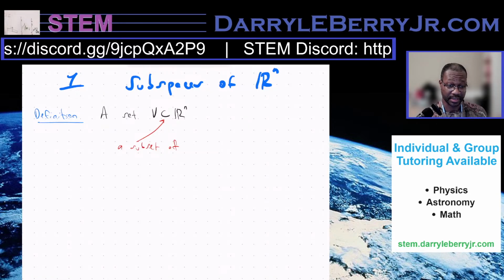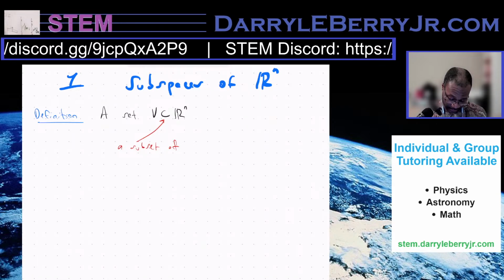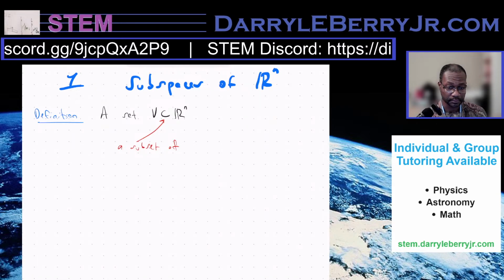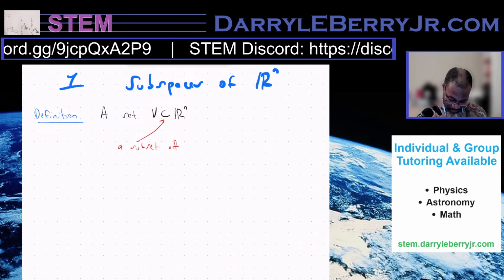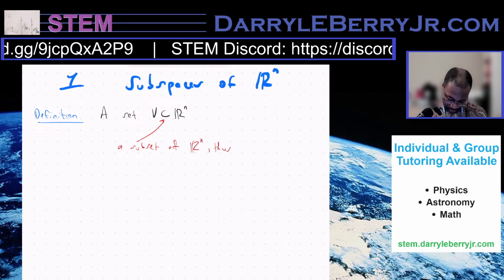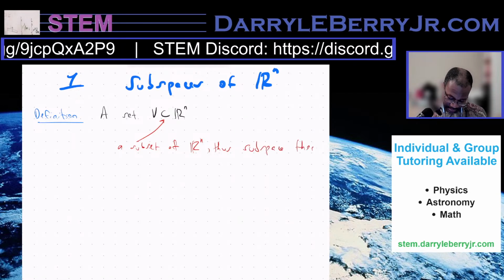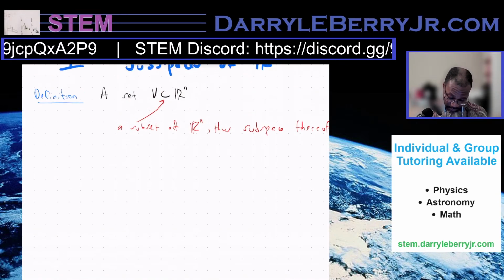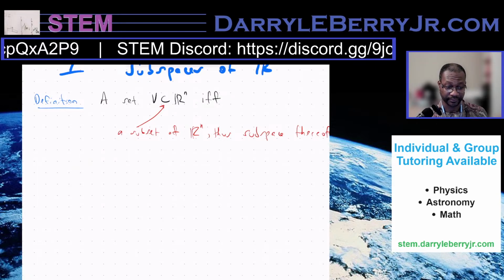So V is a subset of Rn. It's called a subspace of Rn. So that's a subspace, if and only if,